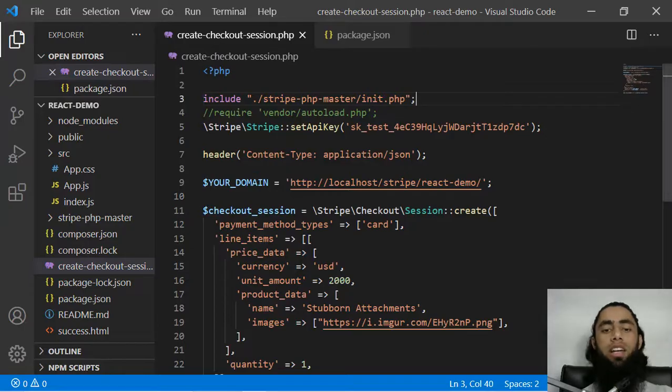All right, so you can change this currency, unit amount, and product data and all. So according to your need, you can make it dynamic. So this is really simple. So I have just helped you to create a demo, and this was useful because at the initial stage, if you are not finding any solution, then you must have some clue to identify how you can make it successful.